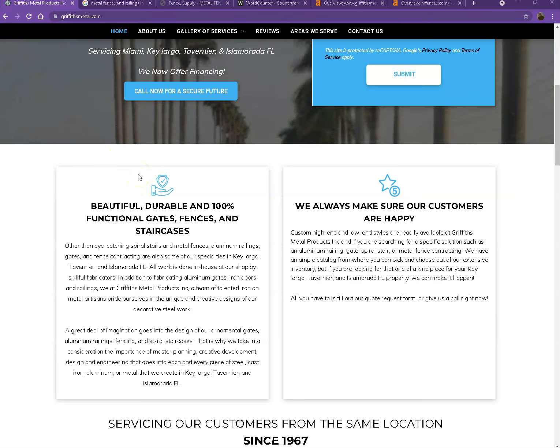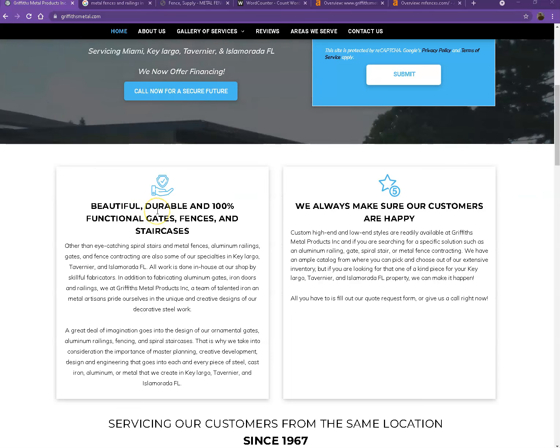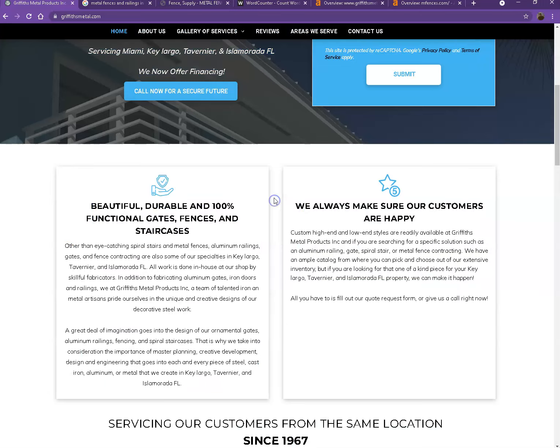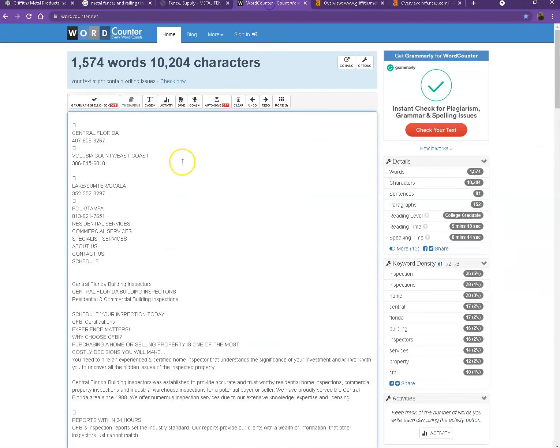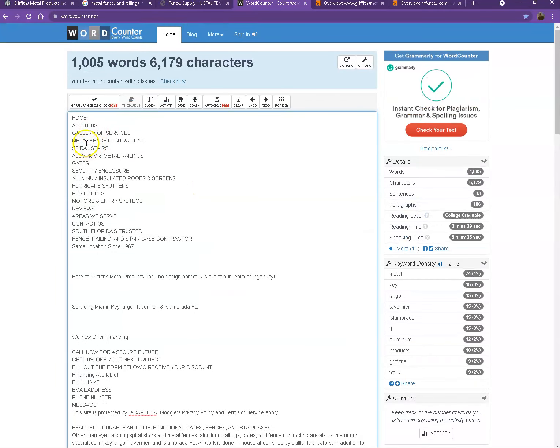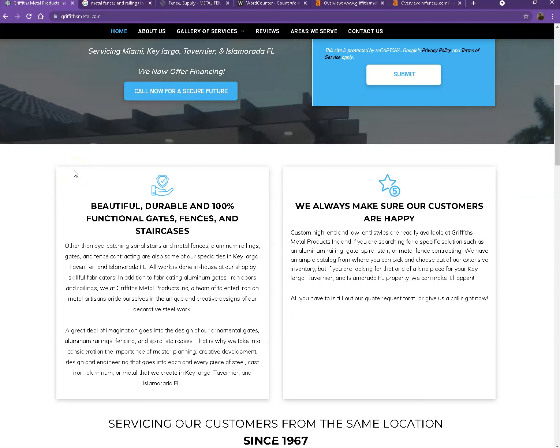One thing I can tell you right off the bat is that Google loves content. Google would like to see a minimum of 1,500 words on a homepage. And in addition to this, the more content you have, the more you look like an expert in Google's eyes. So of course, if you want to beat out the competition, you'd want to have 1,500 words or more. So let's go ahead and do a quick count first to see how many words you have on your homepage. All right, so currently you have 1005 words, which is actually a good number. However, we're still quite behind the goal of 1500